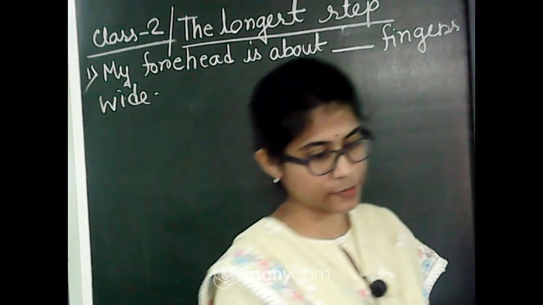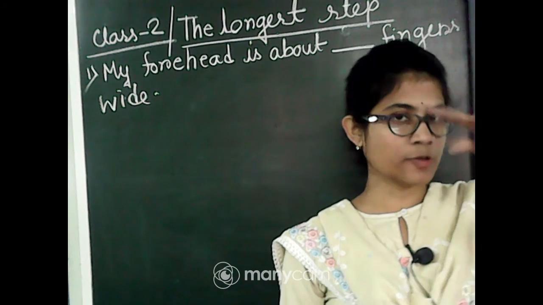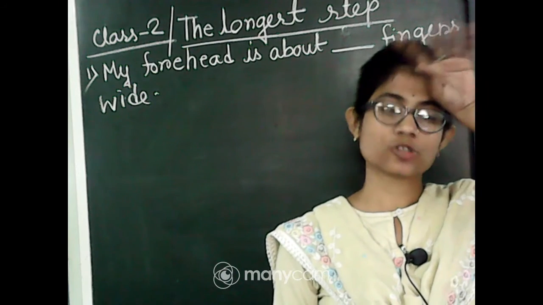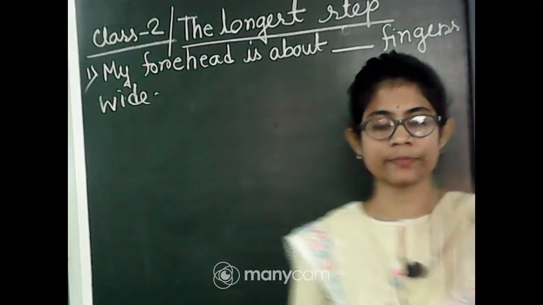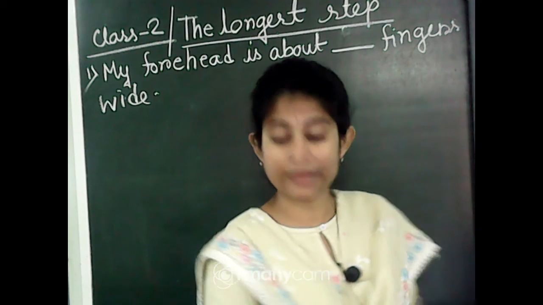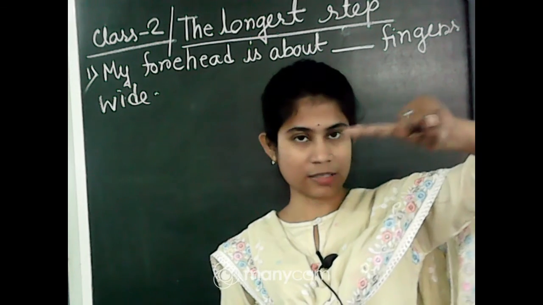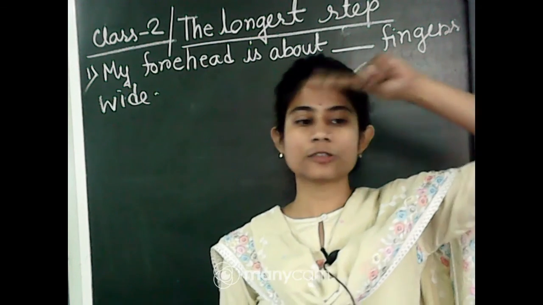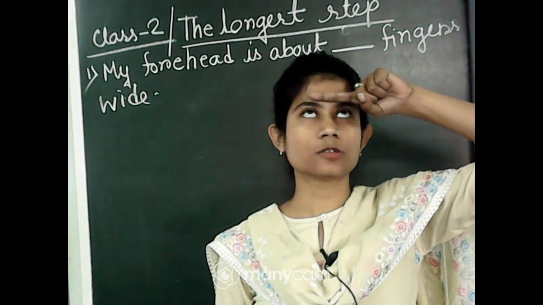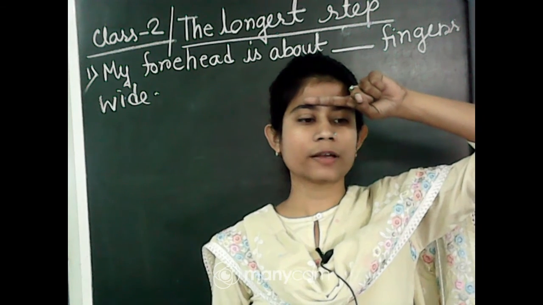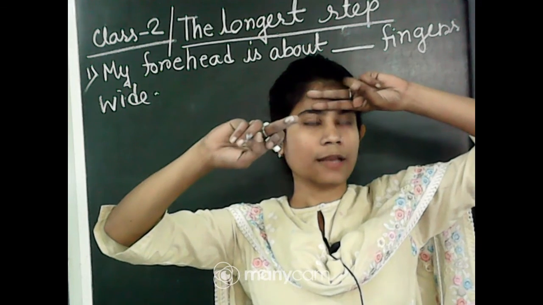Okay, very good. Now see, this is my forehead. Now you have to check yours. If at your home there is a small mirror, you can bring it. Then see, these are your eyebrows. Take your fingers, this finger, not this finger. First of all, place it like this, just on top of the eyebrow. One finger, see, still the forehead is visible, so the 2, then 3.